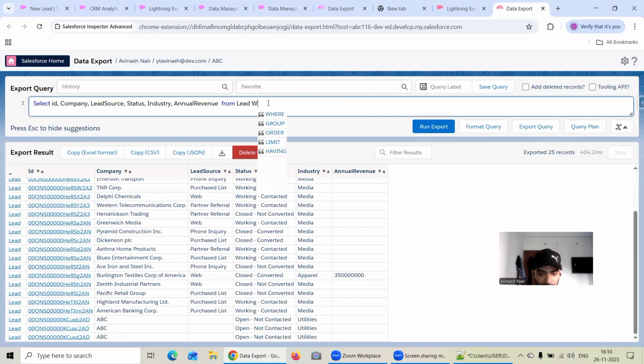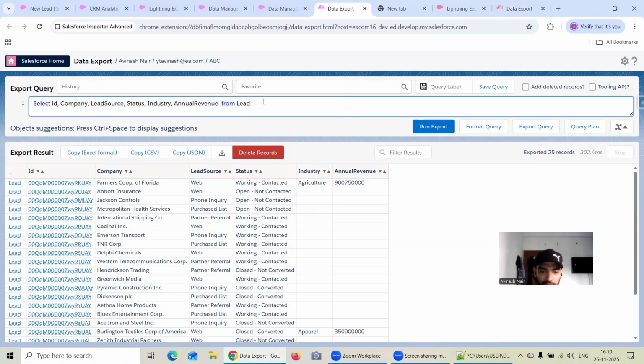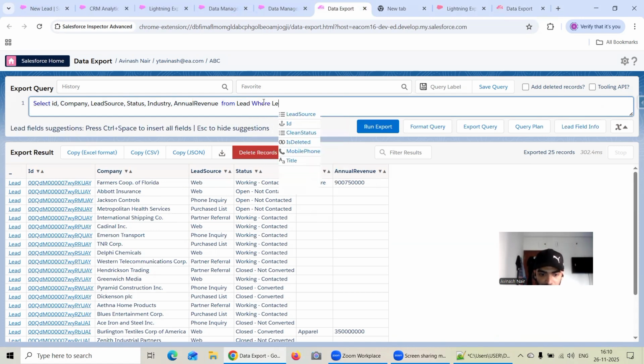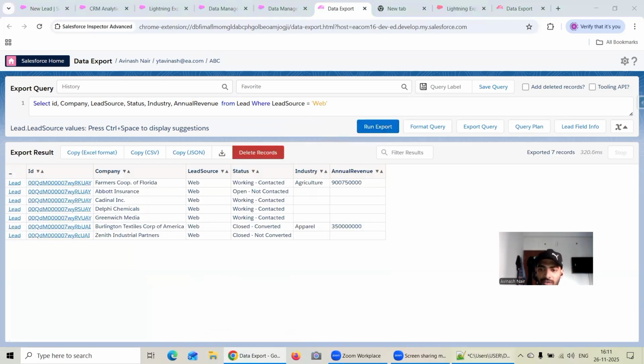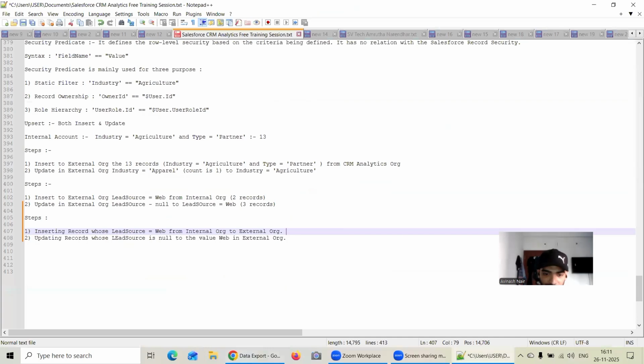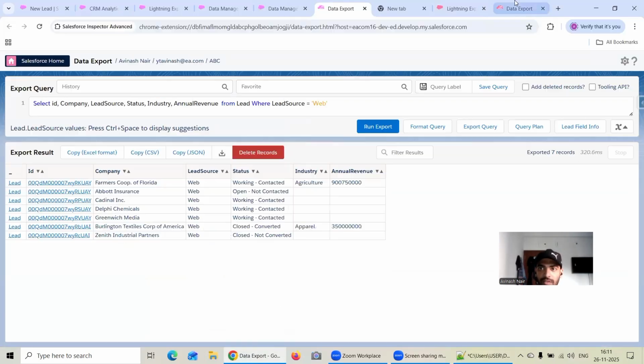So currently, how many records do you see? You see 25 records, right? And from this data export, let me write lead source equal to web. How many records do I see for lead source equal to web? It is 7 records, right? So I will be inserting 7 records. And how many records will I be updating? So if you see over here,